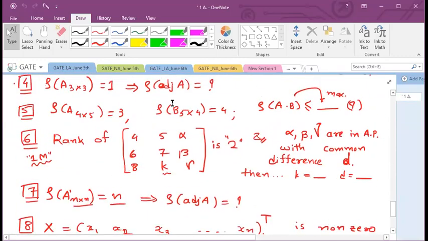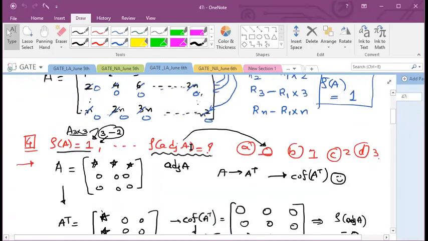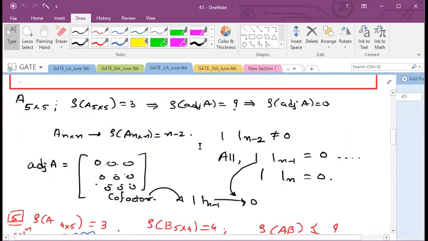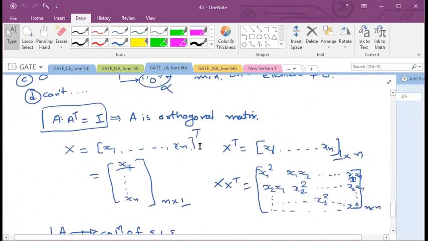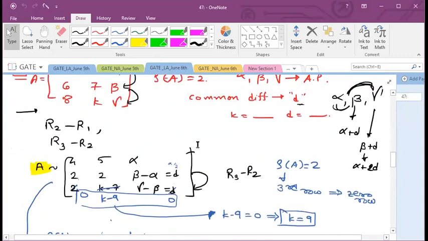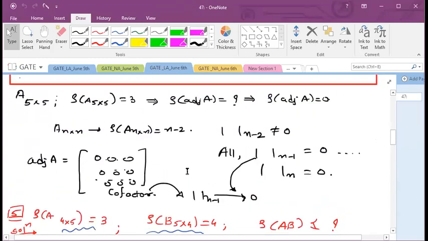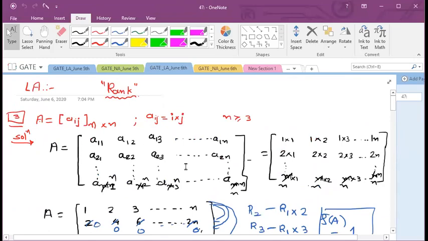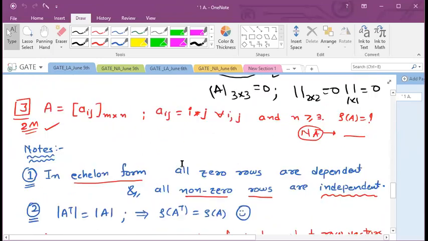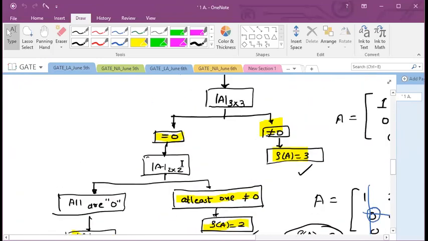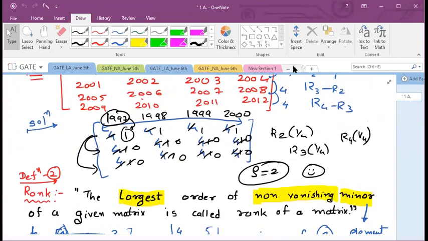If it is there, I will show you. Okay, I have given you that note separately. So if A is an m by n matrix, okay, this is rank of A into rank of B. If I have not given it to you, then make this note now. Your rank of A should always be at most the lesser of its orders, right? Given, sir. Given. Okay, okay.